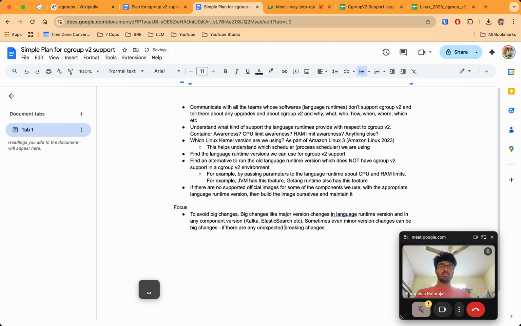Unexpected changes in semantic versioning. This is valid according to version rules, but some software does it.